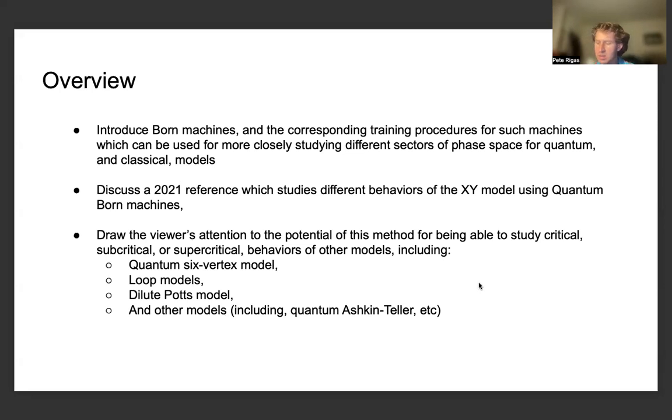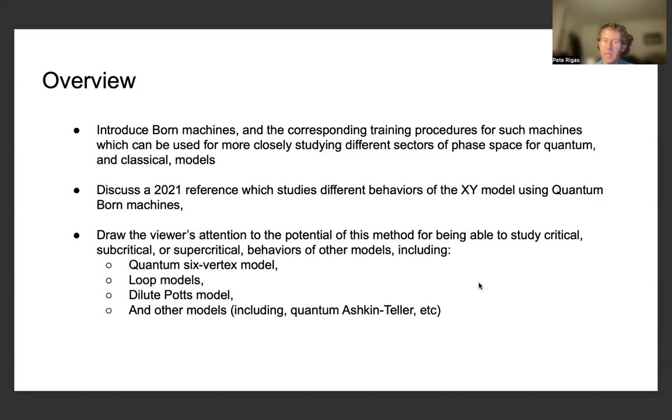And this relates to studying interactions and dynamics of quantum many-body systems, which we'll be alluding to and describing more throughout this presentation. To orient ourselves with this field and the ability to make use of different types of models for generating training set data that we can pass to a model for identifying different properties and phases of matter, we'll be discussing a 2021 reference which studies different behaviors of the XY model using